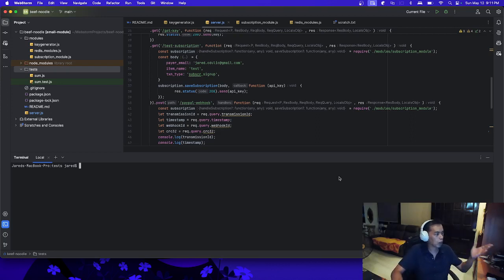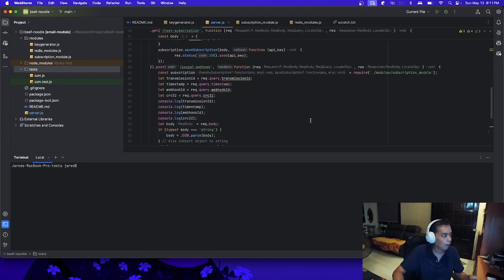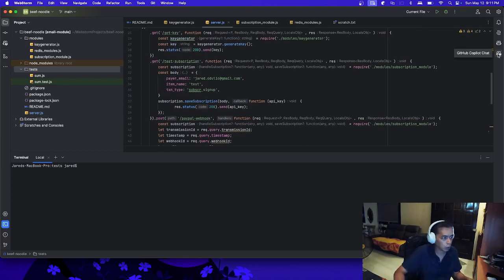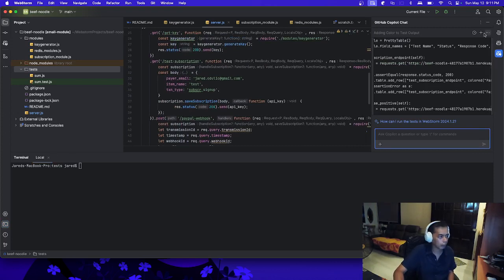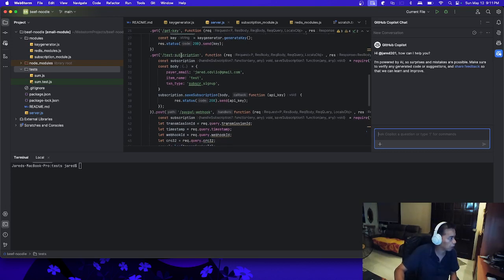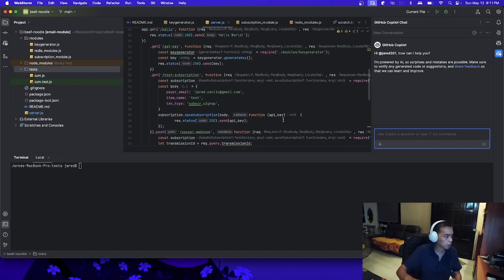So right now, as you can see, our project is written in Node.js. It's JavaScript, and it has a lot of endpoints already. Now we're going to open up our Copilot chat, and the first thing we want to do is ask Copilot to generate Python code that will assert or test one of our endpoints, and this particular endpoint is called the test subscription.